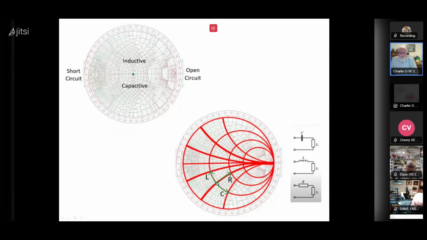So for instance, if I were to add inductance, rather than in series like I've done over here, if I added it in parallel across the load, it would move me along this curve, which would take me down pretty much bang on to that 50 ohm center that I'm trying to achieve, right? So for any circuit like this, there is a series equivalent and a parallel equivalent. Using the reactance portion of it, you get the series equivalent. Using the admittance portion, you get the parallel equivalent, and